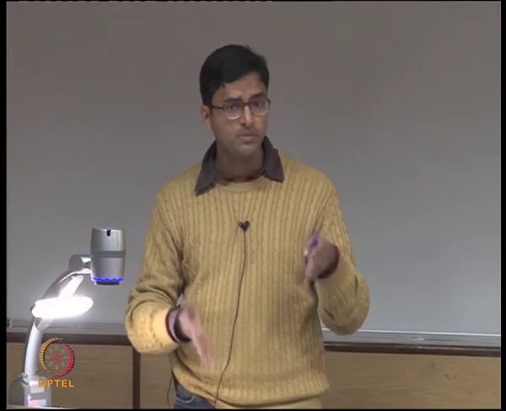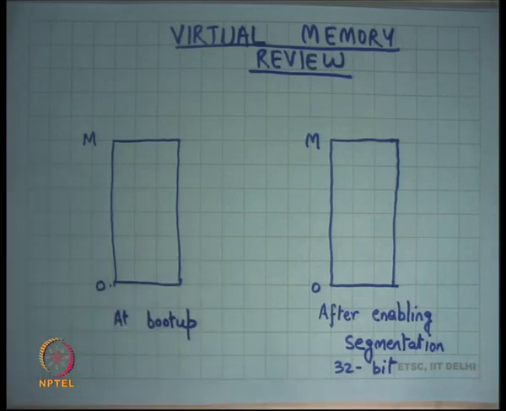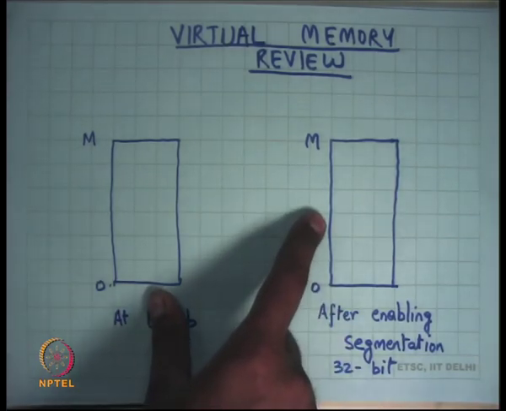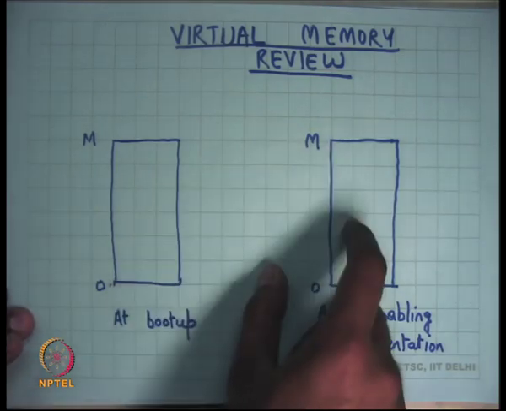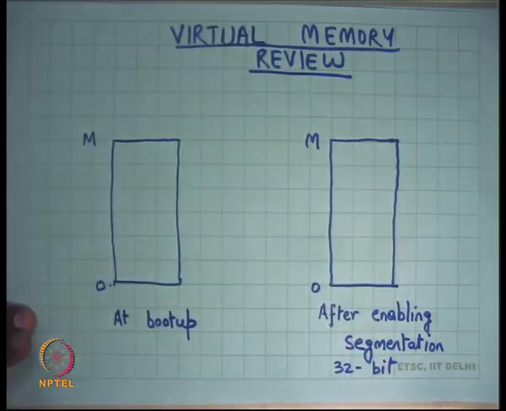So in theory you could use segmentation to segment your address space, but in the kernel that we are studying, it just sets base to 0 and limit to 2 to the power 32 minus 1. So once again I have a completely flat address space. If you fill the value x into your EIP register, it just goes into the physical memory at address x, and as long as it's between 0 and m, you will see a valid byte. If it's greater than m, you will see an error. Some kind of an exception will be thrown by the hardware.